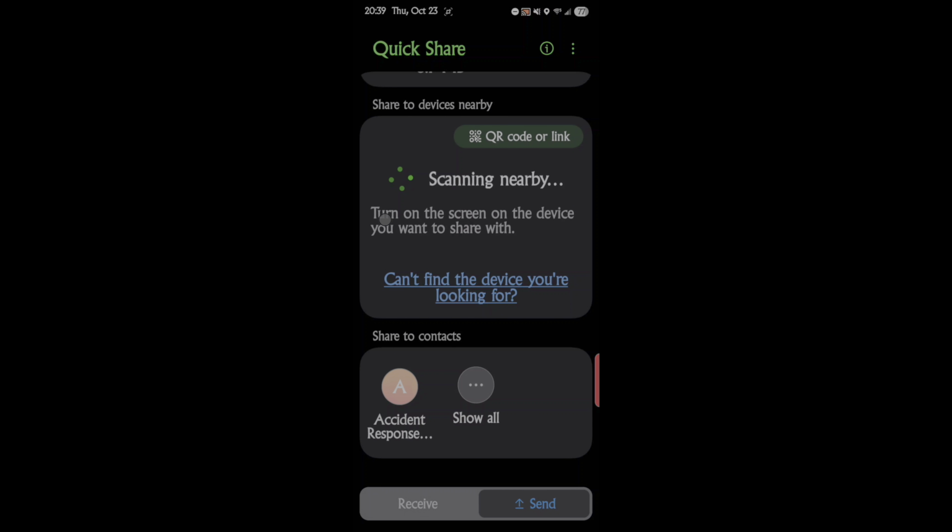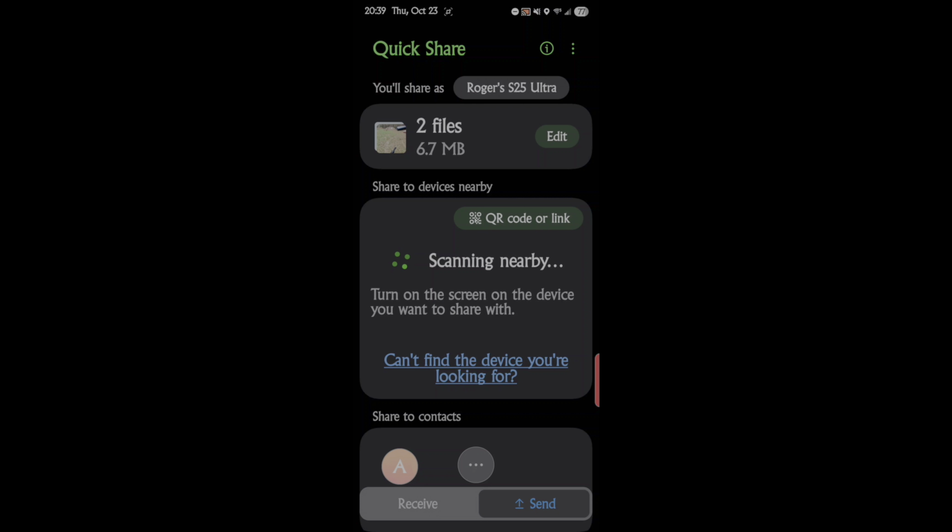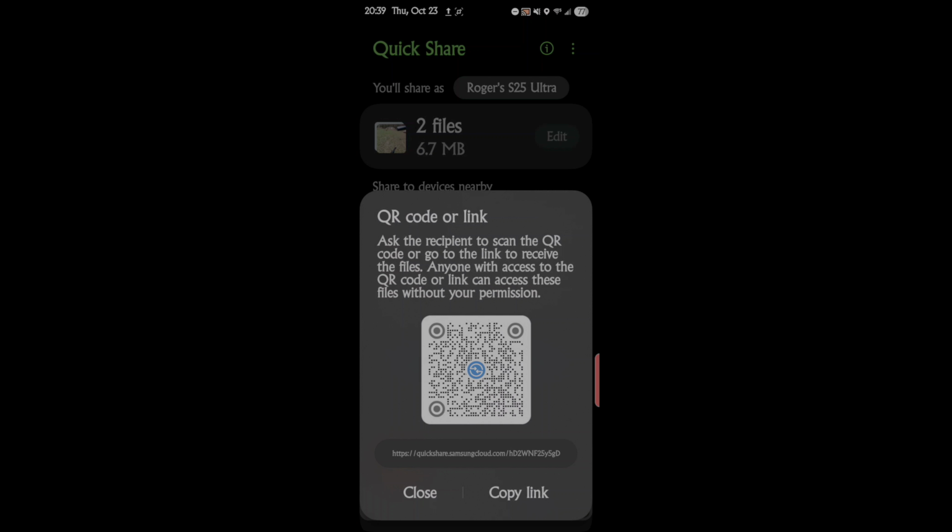Okay, if I don't want to share them that way, and I want to do this in a unique way, a QR code or link. So tap on that. Now I can use a QR code, so someone can just come right up to my phone, snap that, and they're going to receive those files. Or there's a link, and you can see it, it's pretty tiny, and it starts with quickshare.samsungcloud.com,